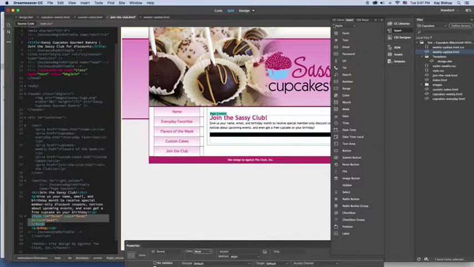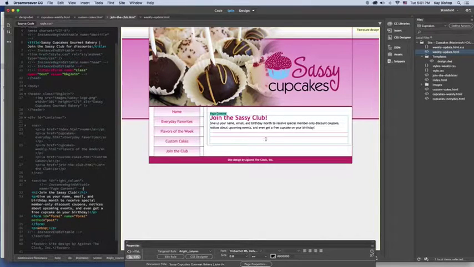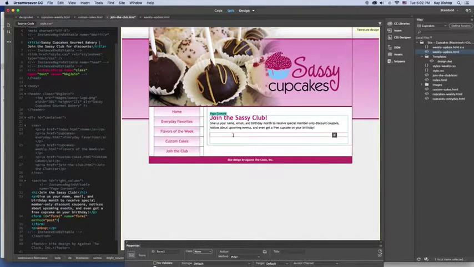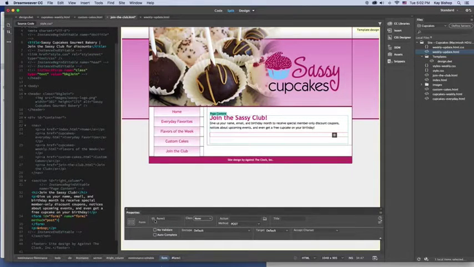after the Join the Sassy Club text. And now you'll see a form field created. Click the field to insert your cursor so we're within the editable region. And I'm going to bring up the Properties panel. In this Form ID section, we're going to type in Register so that we know we're giving the name to